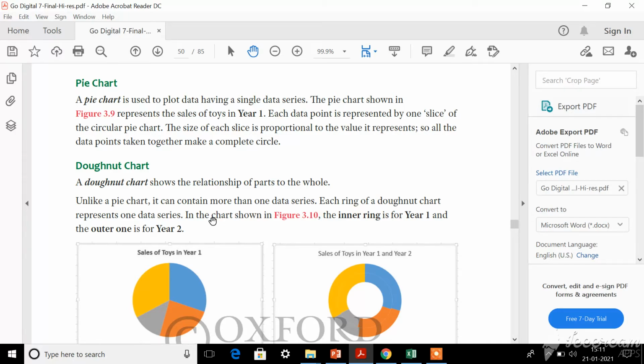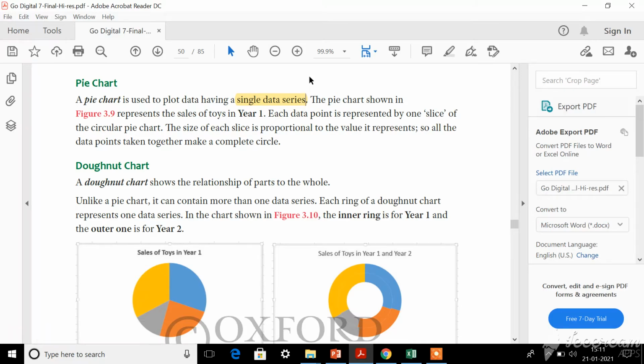In both years, what was the sales of toys? You are comparing two data series, year 1 and year 2. Whereas in pie chart you can compare only one data series. Either you can analyze year 1 toy sales, or else you can analyze year 2 toy sales. Either one of the data series alone can be used.